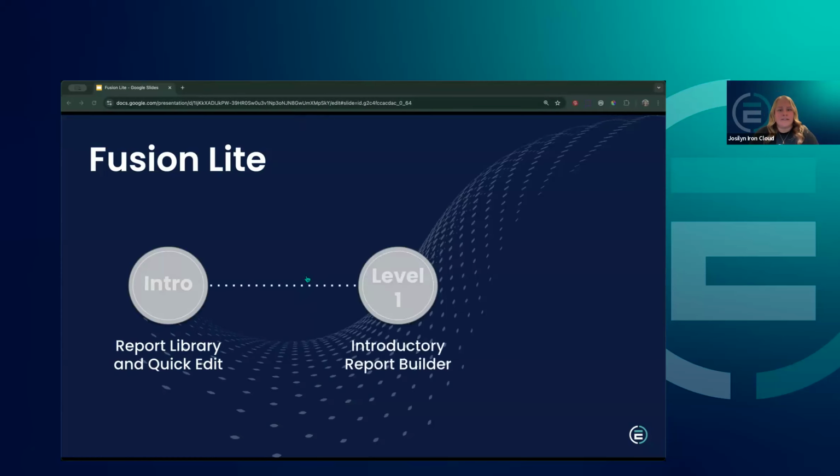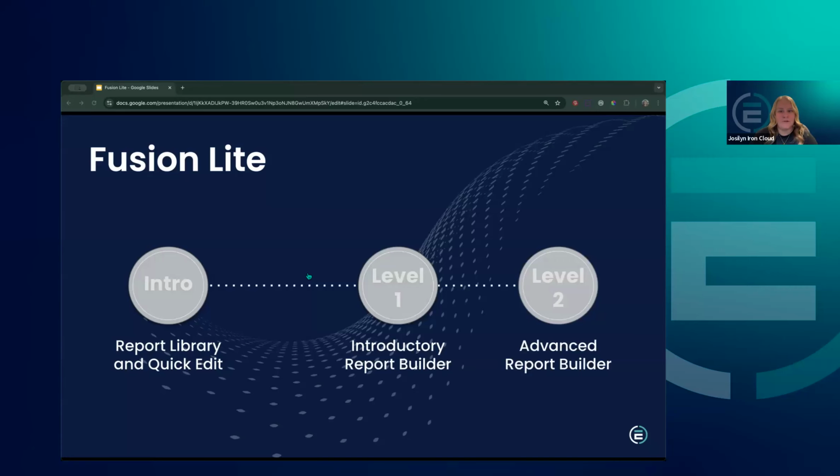Our next level is level 1. This is the first level that comes with a certification. And this level really focuses on deep diving into each element of actually building a Fusion report from scratch. Level 2 is also a certification, but we focus more on those advanced concepts like expressions, functions, base reports, variables,